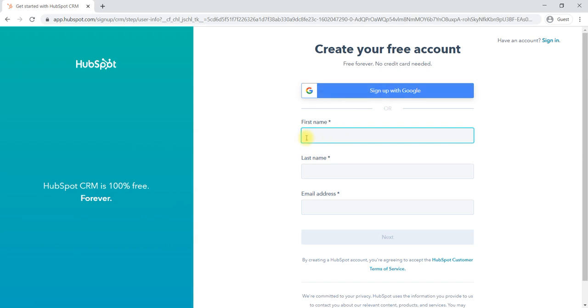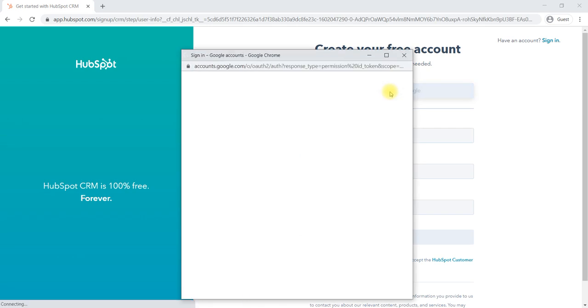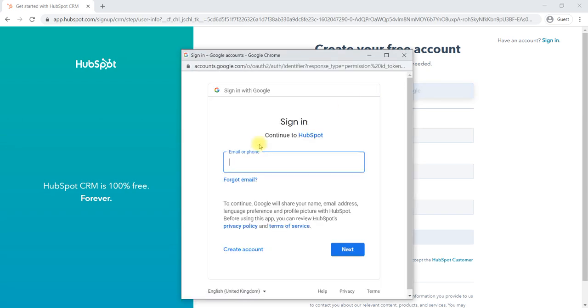Otherwise, you can create an account by using a first name, last name, email address, and you have to create a password. We'll sign in with the Google account itself. We already have a Google account, so sign up with Google. Now it is asking which Google account you would like to provide. Give that email address.